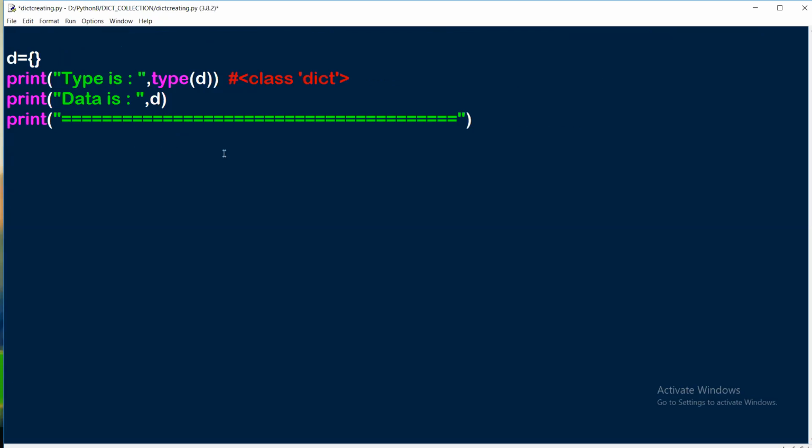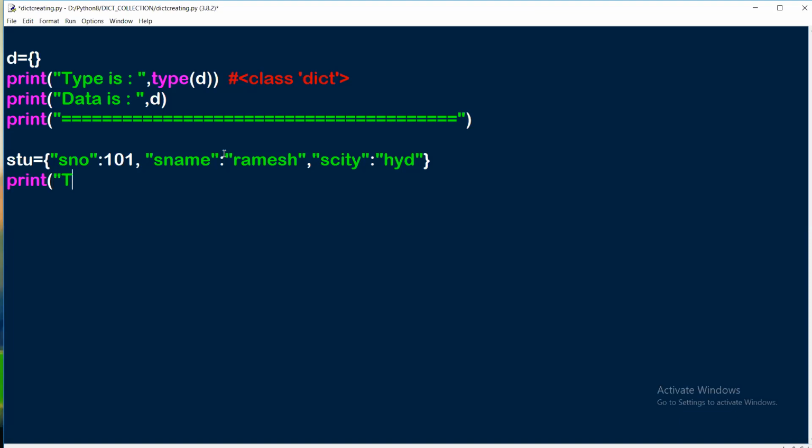I want to create the dictionary with a couple of items. Yes, you can also go with that. I'm creating the dictionary with the name STU, with keys and values. I'm writing SNO is the key and its value is 101. That comes under one item. Next, S name is the key and Ramesh is one item. Next, SCT is the key and its value Hyderabad is one item. Now I created one dictionary with some items.